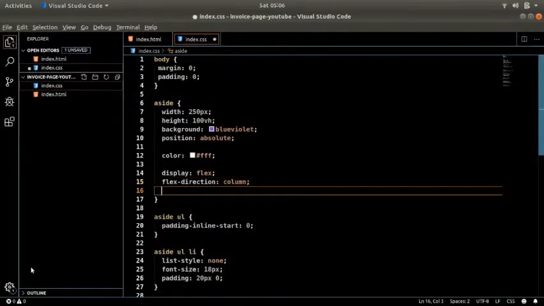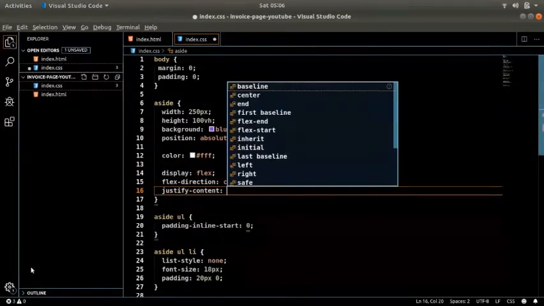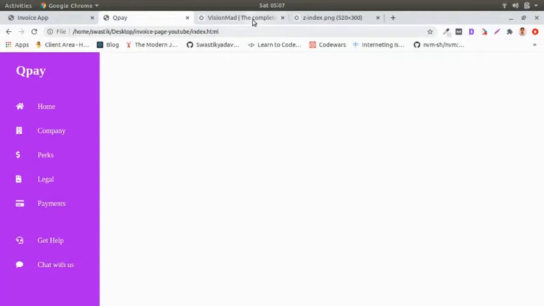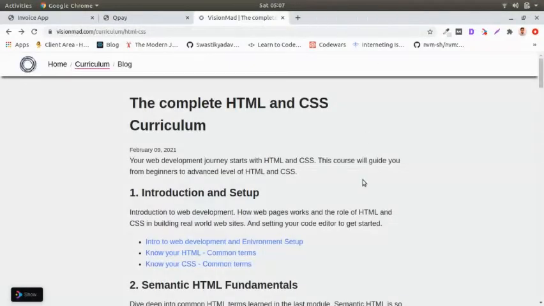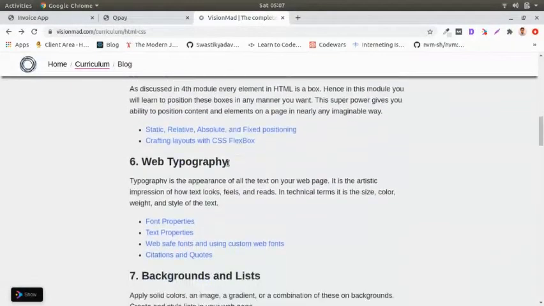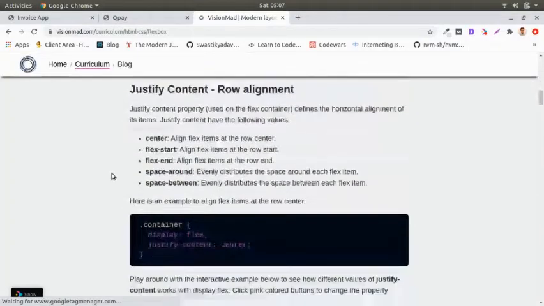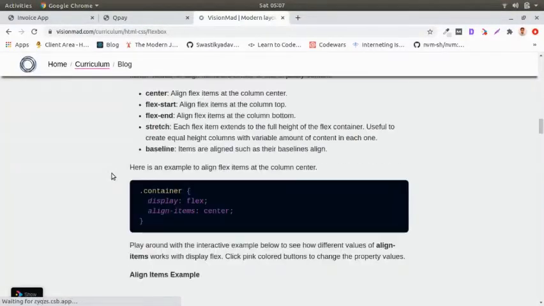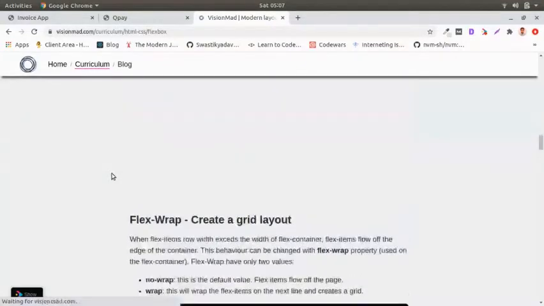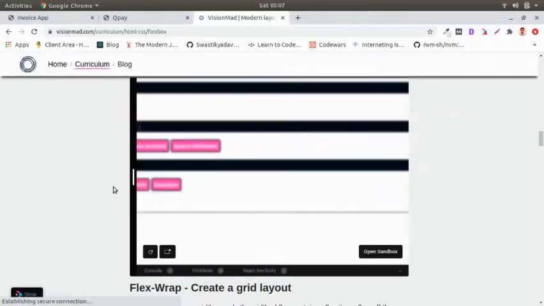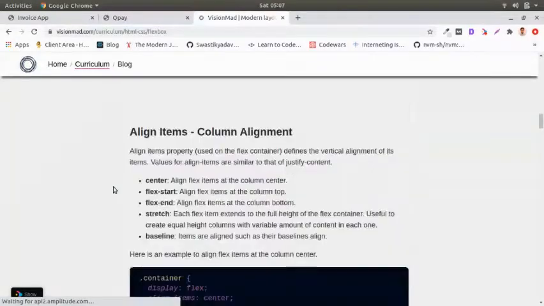Okay, now we know that justify content is used for horizontal direction, but here we change the direction itself. So now it will be used for vertical direction, and for that also we have explained it very well in our curriculum how that works. So if I just quickly go through the flexbox lesson, you will see that we have it, and we have live interactive examples also where you can actually play around with how things work.